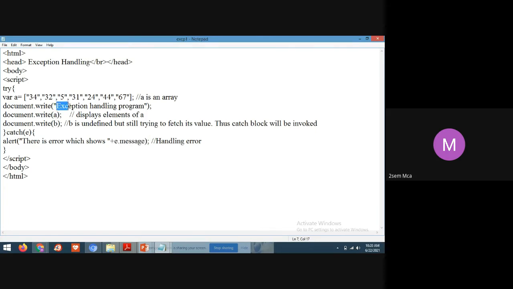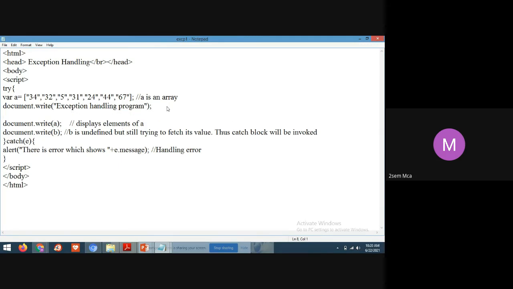See, students, in the heading tag, exception handling is there. Again, using document dot write I have written the statement exception handling. You can write another 10 statements also using document dot write. But here we are fetching a value.